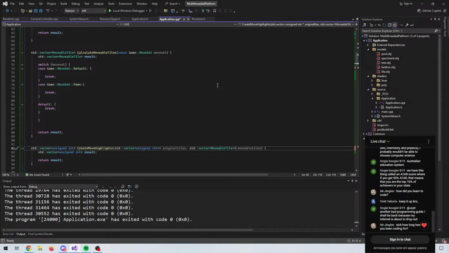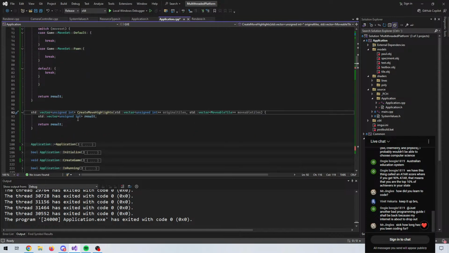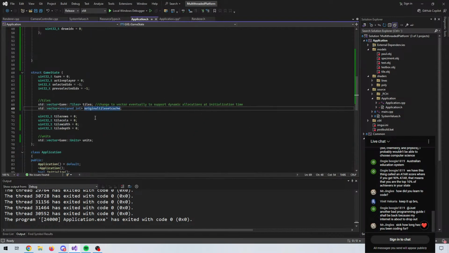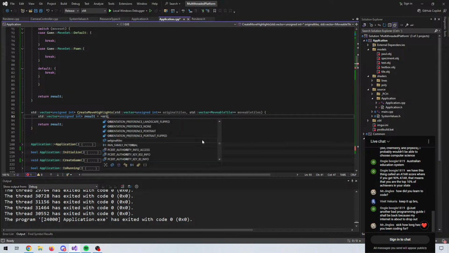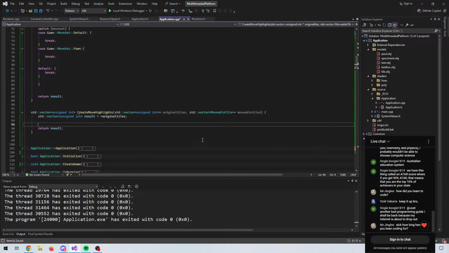I was considering actually doing an index, but anyway, so we will get our original tile set, which we actually cached right here, and we will copy our original tile set, and then